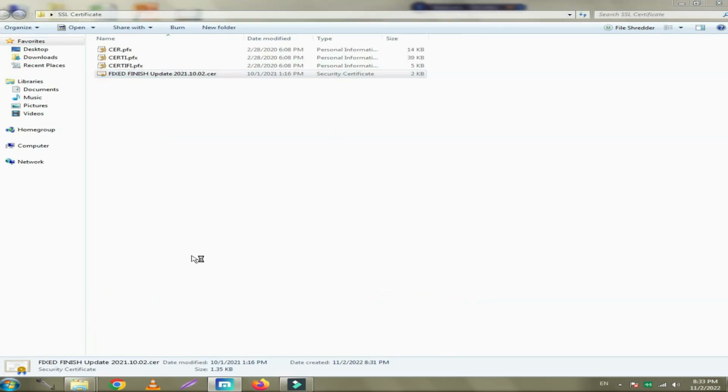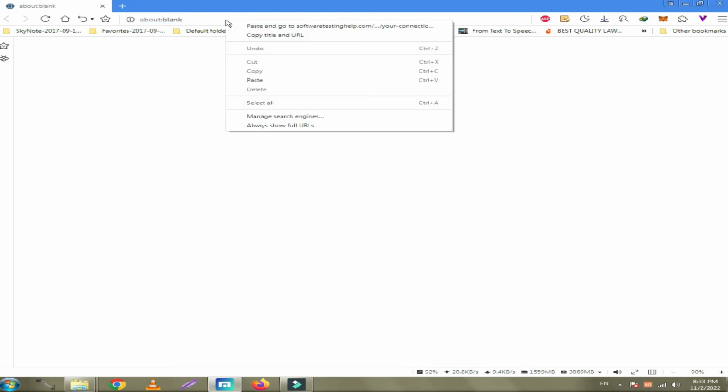Now the next step is restart your browser, or you can restart your computer if that is easy for you, and your problem is fixed, and you can now enjoy